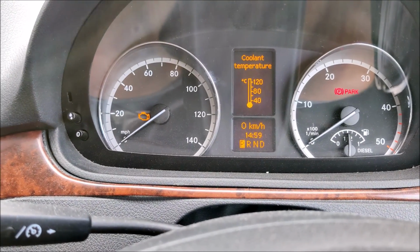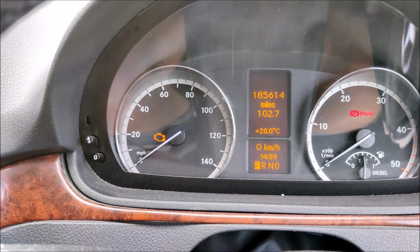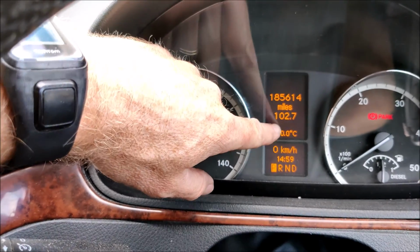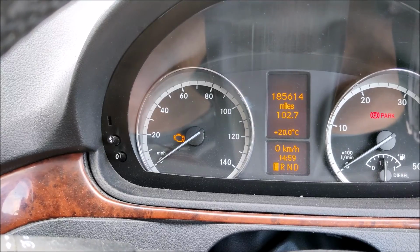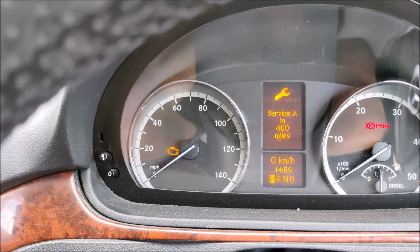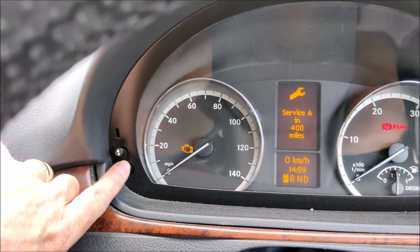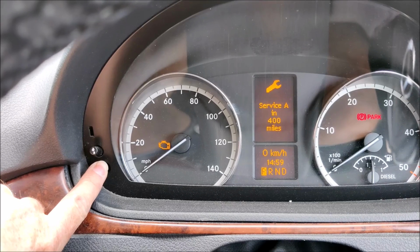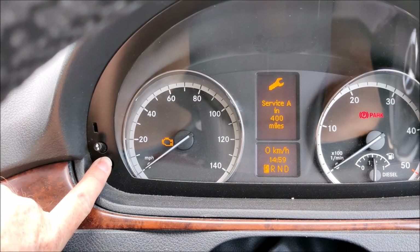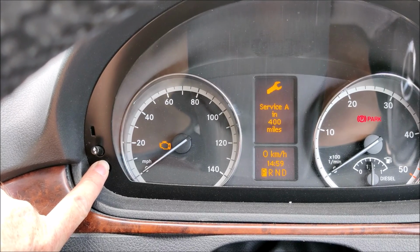We need to be on the, there we are, we're starting from, say, that bit there which shows your total mileage, your trip distance and the temperature. We go up on this button on the steering wheel, up to the temperature, then up to where it says service A, and then we press the trip button here for about 20 seconds. We keep that depressed and we should get a beep. Once that beep has happened, which should be any time soon,